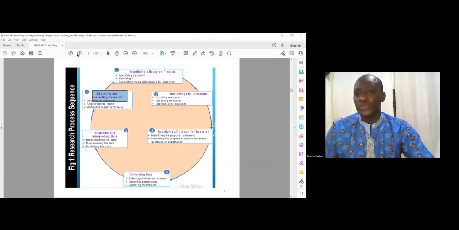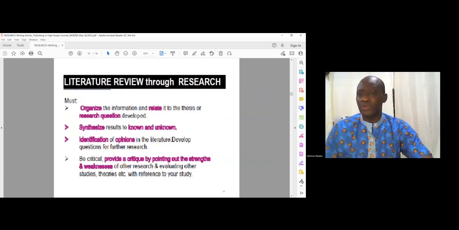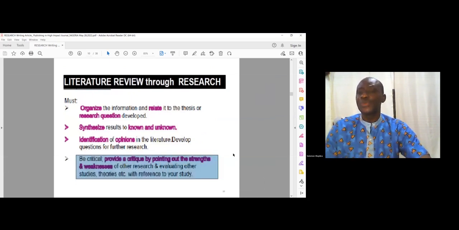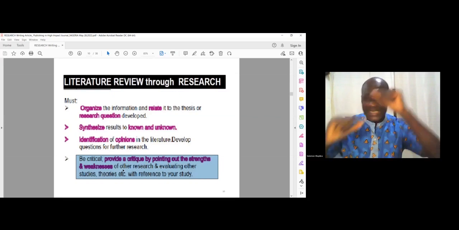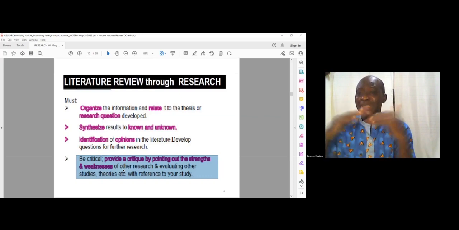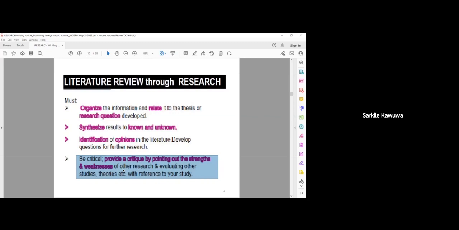So let's move to number 10. Number 10 is what I've explained already. But what is important in this section is this one. We are all doing copy-paste, everybody, including myself. But when we want to do it, let us have it in mind that you criticize somebody's work, or you support, or you find the comparison from what people have been doing. That is what we are doing in literature. That is where we are doing review, and this is my advice.